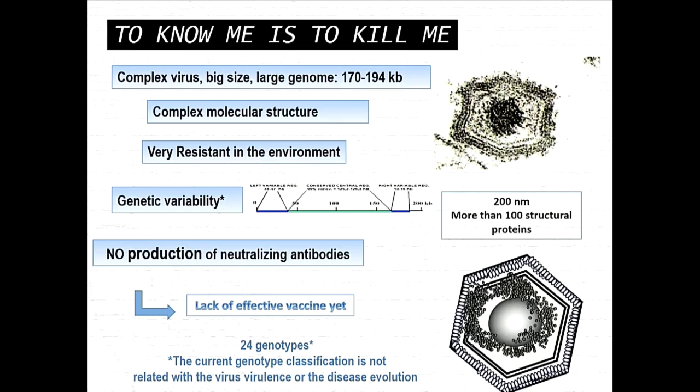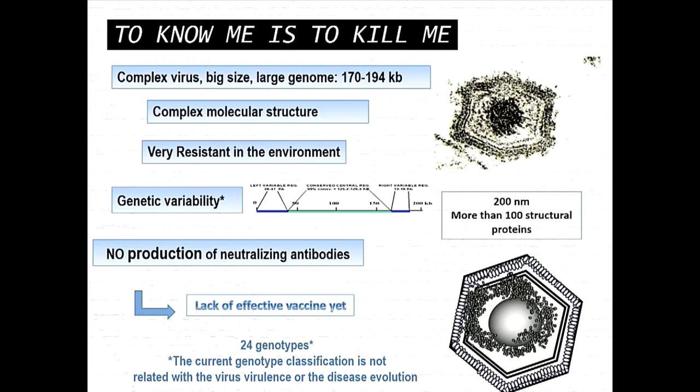It's going to be, probably in a couple of years, a good and safe vaccine. Now, the other point I want to explain to you is that because we don't have neutralizing antibodies, but we want to distinguish between the different isolates, we have to work with genotypes. Genotypes are not based on protection, because it's not based on neutralization. It's based on the genetics of a particular protein, the VP72, that is a very stable protein.